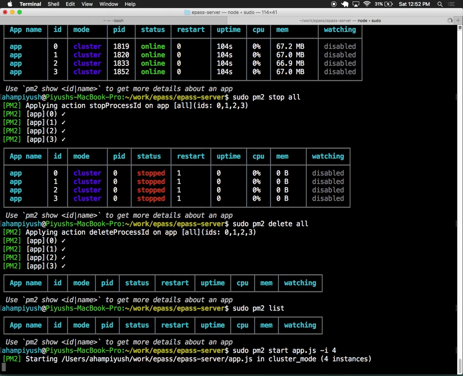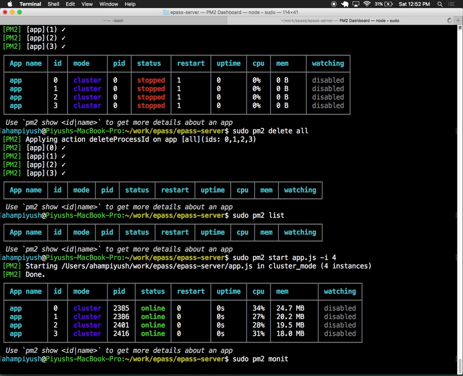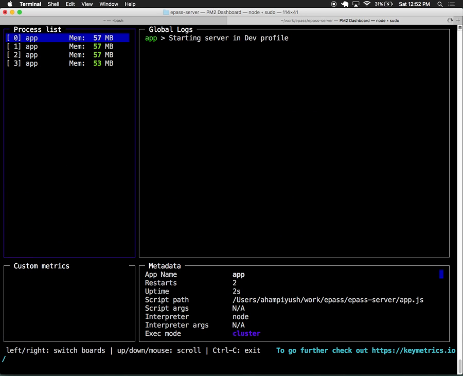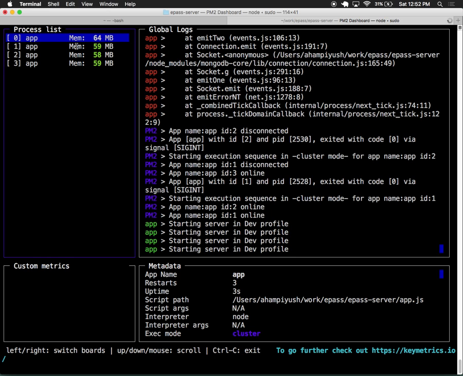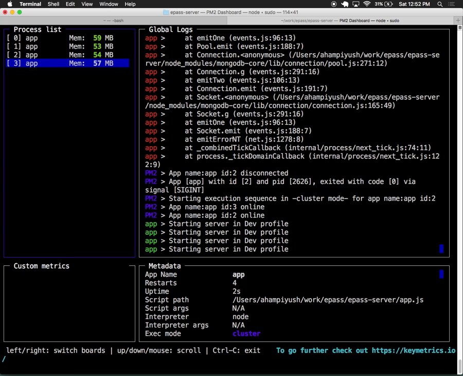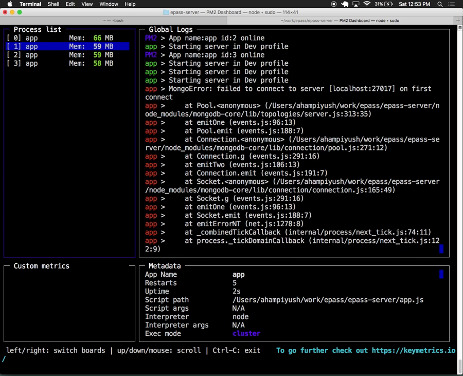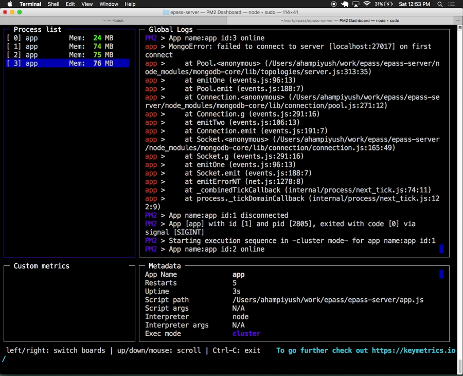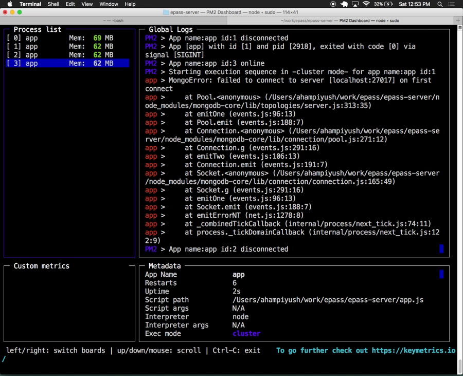Okay, so let's start it again. And with pm2, there is also a way to monitor the processes. So if you'd like to monitor the different processes, it is causing the error because it's trying to connect to MongoDB.